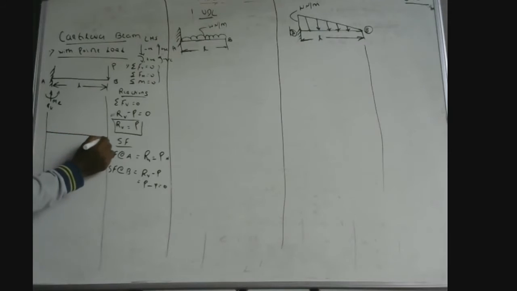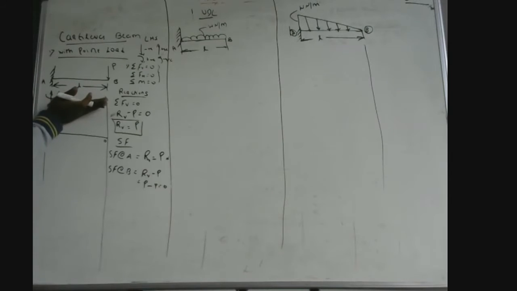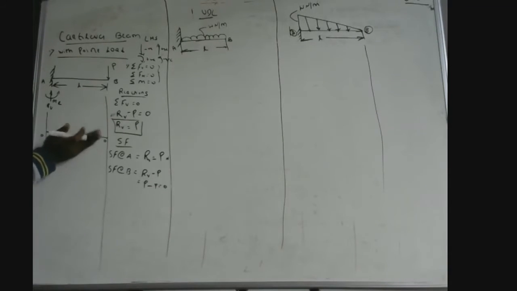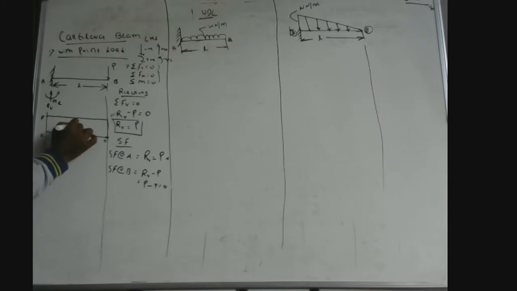The base point we need to consider, always called the neutral point, is 0. From point A, the shear force is plus P. This is the neutral point; positive values we write above this datum line, and negative values we write below the datum. Here positive, let us call this point P, and from A to B it is the same P that will be acting, and when it comes to B it comes to 0. Therefore, this is positive, here also P. This is known as the shear force diagram.